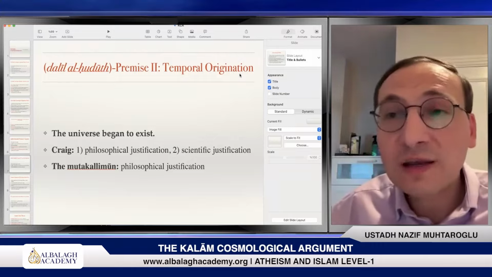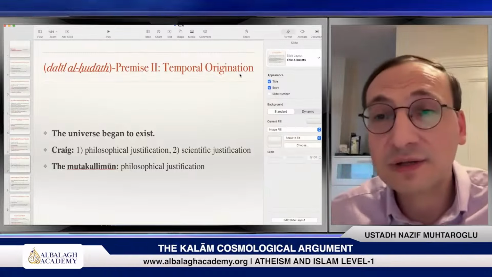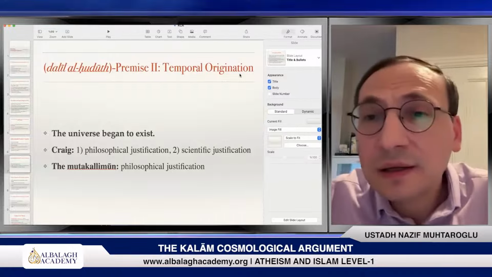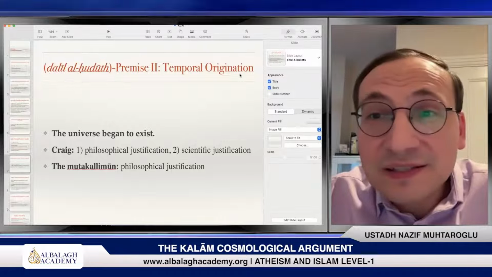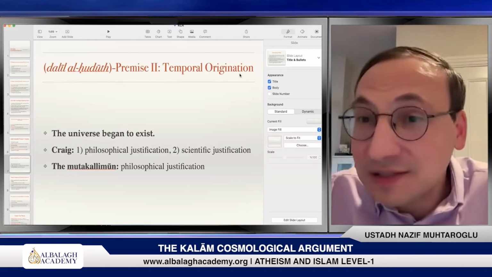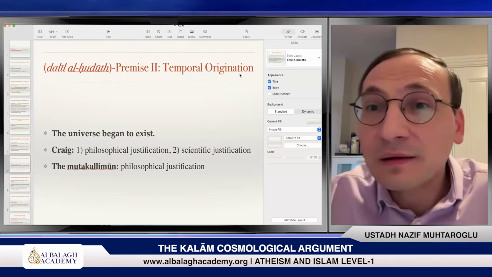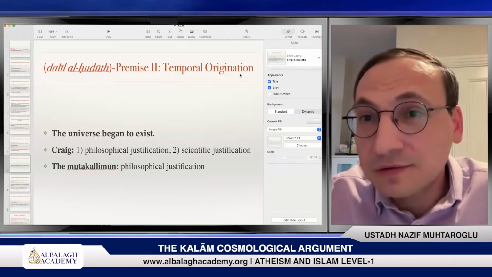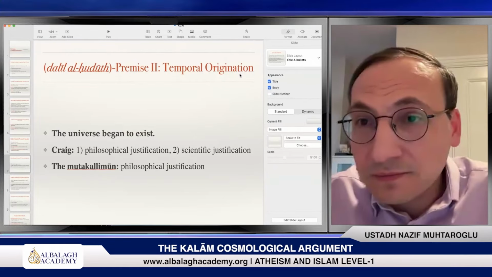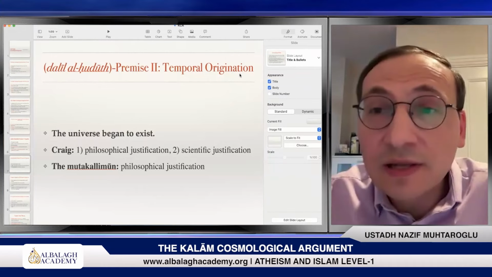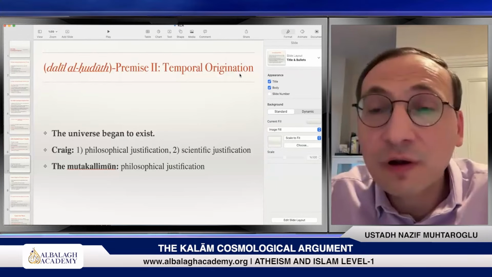But the Mutakallimun, especially Ash'arites or Maturidites, if you look at Al-Ghazali's al-Iqtisad fil I'tiqad, you will see there. He says that there must be a cause, but he doesn't say what kind of being this cause is. There must be a cause, but he doesn't say the clouds are the cause. He doesn't say some winds are the cause. We know that there is a cause in an a priori way, not by observation, but by analyzing the concept of contingency